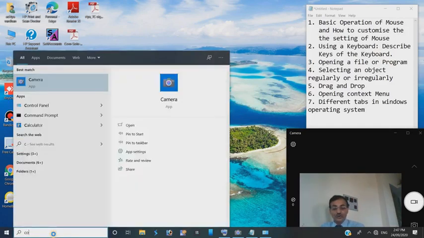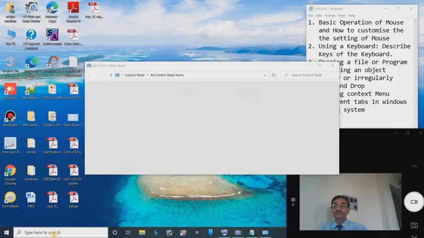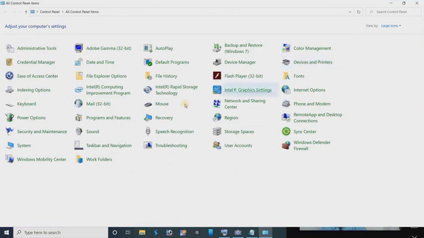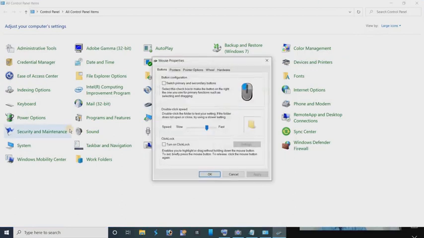the mouse property, control panel and mouse property, you will see after starting this mouse, this one, you will see, yes, now